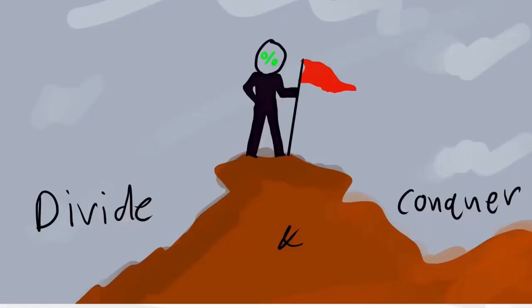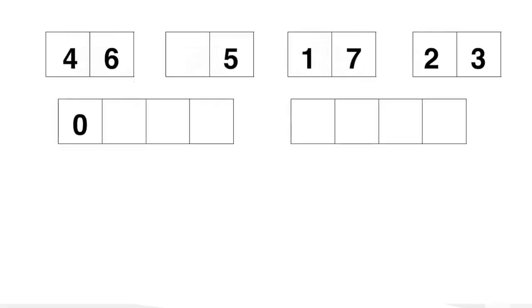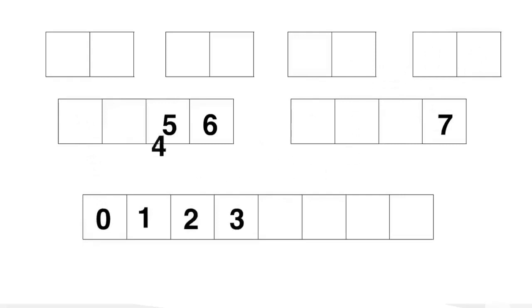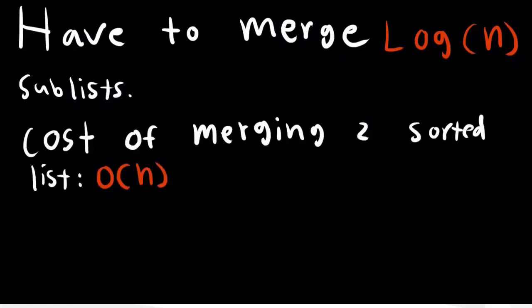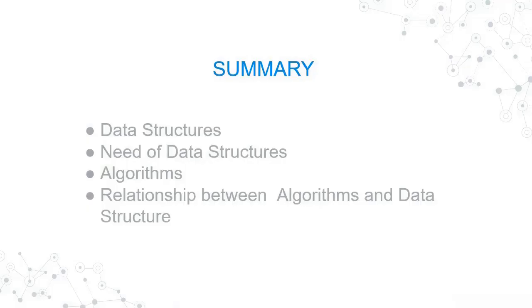A more efficient algorithm is a merge sort. A merge sort splits a collection in half into sub-collections until those sub-collections can be sorted in constant time. And then it works its way back up by merging sorted sub-collections until the entire collection is sorted. Since it's splitting in half, there will be log n splits and thereby log n merges. It is O of n to merge two sorted collections into one sorted collection. Since we're doing that log n times, the time complexity is O of n log n.